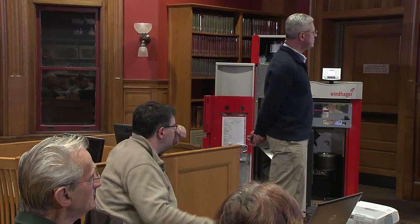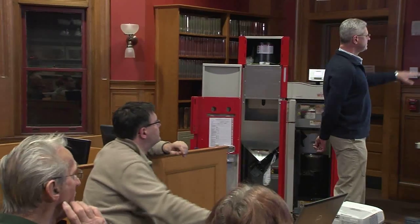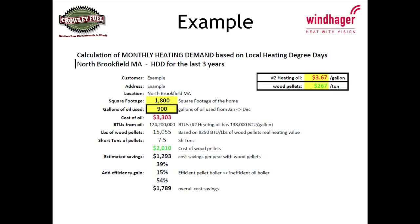So we're back to the North Brookfield example now. These are actual numbers here. 900 gallons is what was used to heat this home. It's about an 1,800 square foot home. And the cost of the oil, based on $3.67 a gallon, is $3,303. And we're using actual numbers here now. The cost of the wood pellets, $2,000. And so the estimated savings,